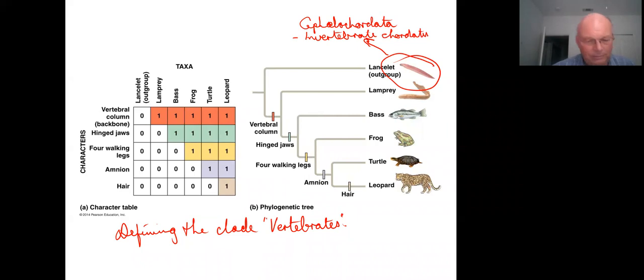So if vertebrates are chordates and Cephalochordata are chordates, as chordates, they must share some common features, and these would be the shared primitive features. And we define those as the 4 shared chordate features. And you'll learn more about these later in the semester, but they are a hollow dorsal nerve cord, a